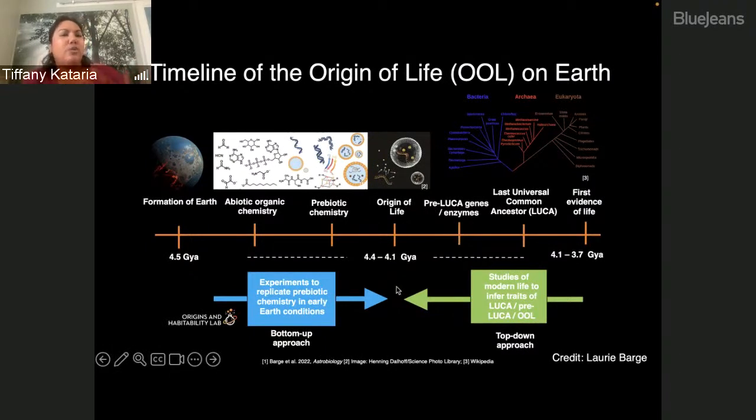In terms of how the origin of life is investigated within the community, there are generally two approaches here, the top-down approach and the bottom-up approach. And so the top-down approach pertains to taking modern life as we know it and trying to infer evidence of LUCA or pre-LUCA origin of life, working backwards essentially. And then the bottom-up approach, which really utilizes laboratory experiments to investigate prebiotic chemistry in conditions that are relevant to